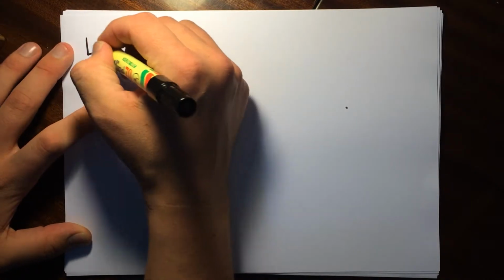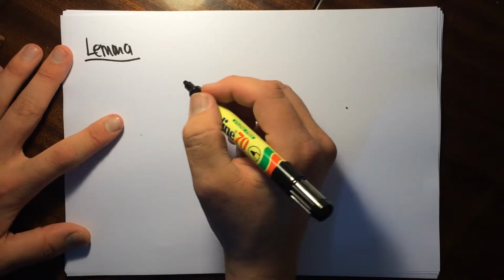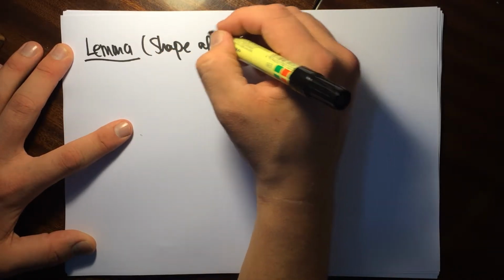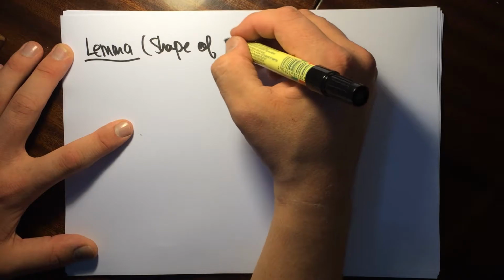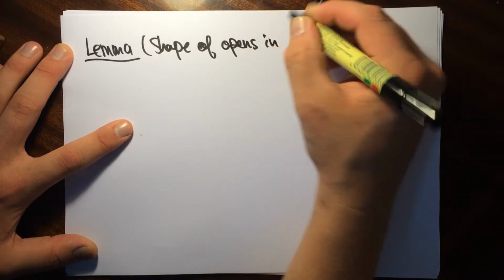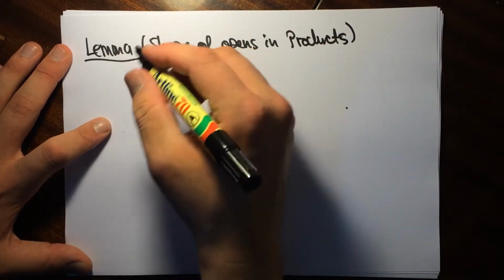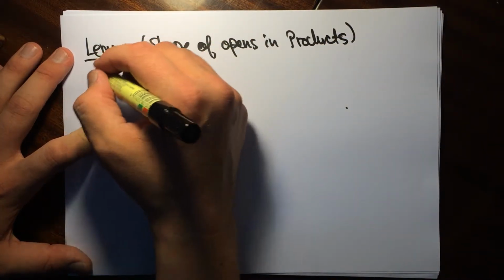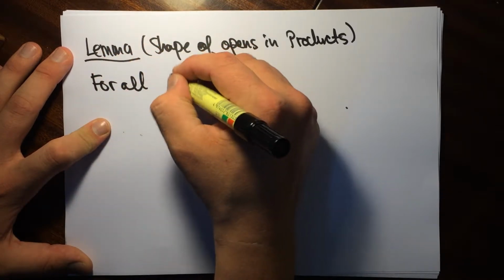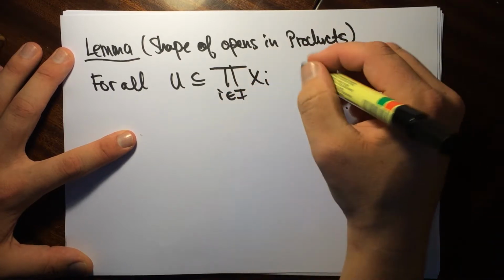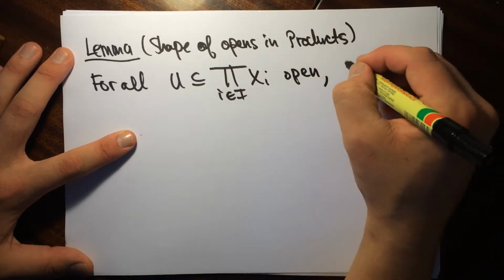Okay, so to move forward now, we're going to start with the first lemma, lemma 1. The first lemma is about the shape of opens in products, and it says the following. For all U inside this big product, open, there exists